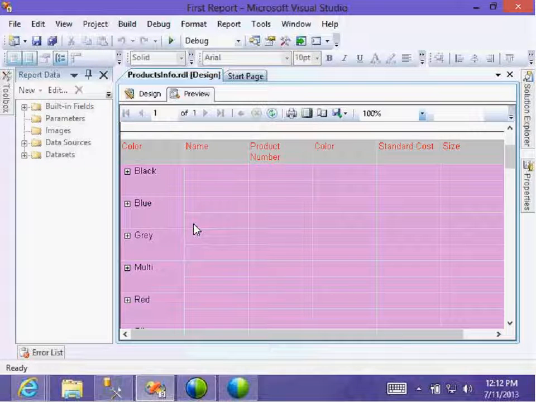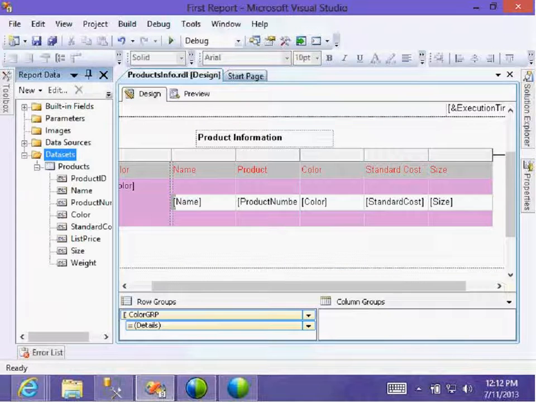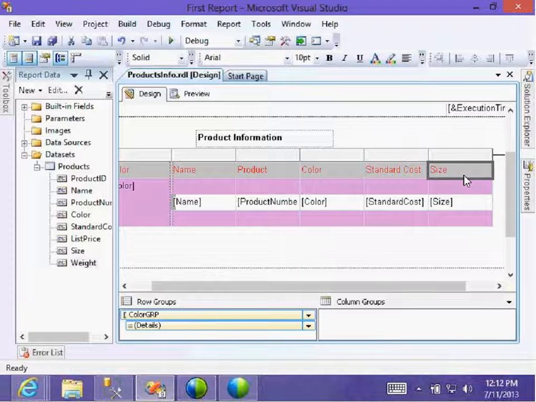Okay. In the color, I don't want to use all the colors now. I want to go with the size.